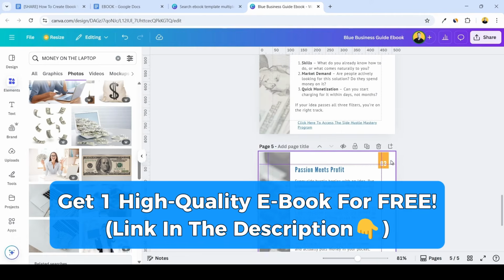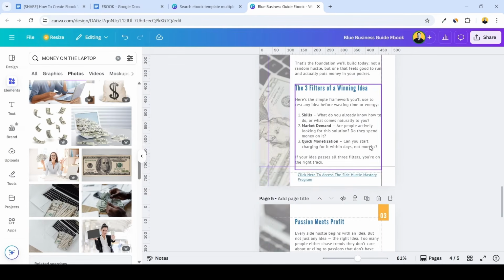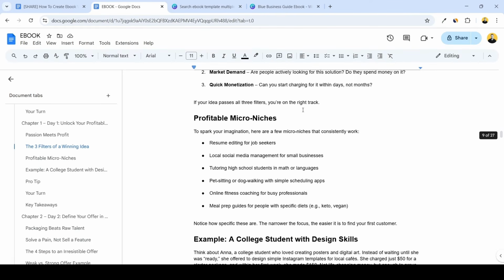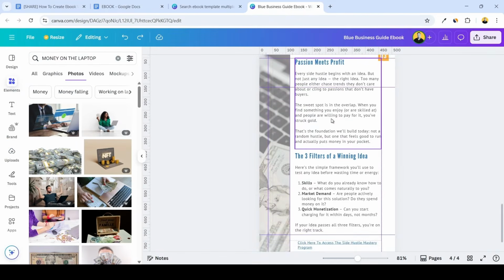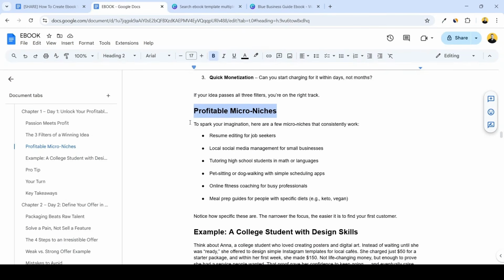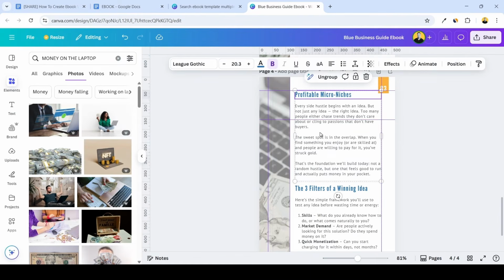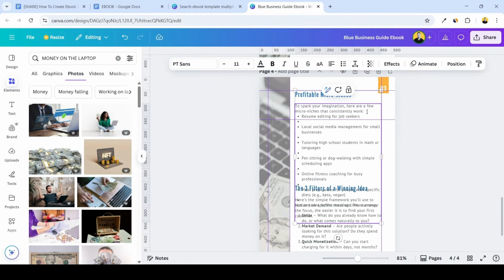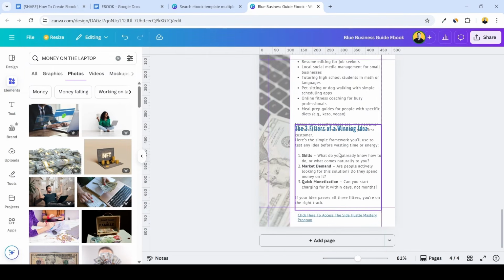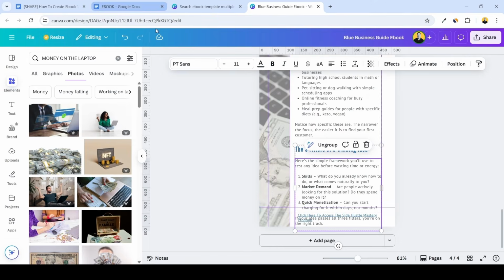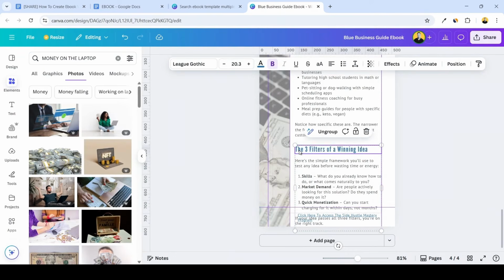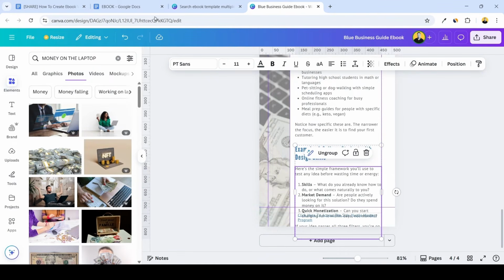So in this content page, which I recently duplicated from this one, we're gonna carry on with our content. I head over to Google Docs where I have my ebook content. Copy the heading, get back to Canva, double click, I quickly change the heading, then I do the same with the content underneath, clean up the formatting a little bit, move this block a little bit down, I carry on with another heading, for example, a college student with design skills. I'll paste this heading instead of this one, then I do the same with the content